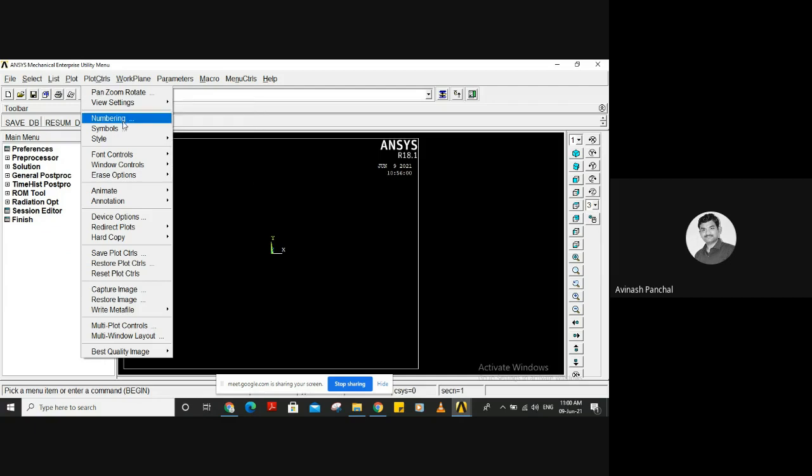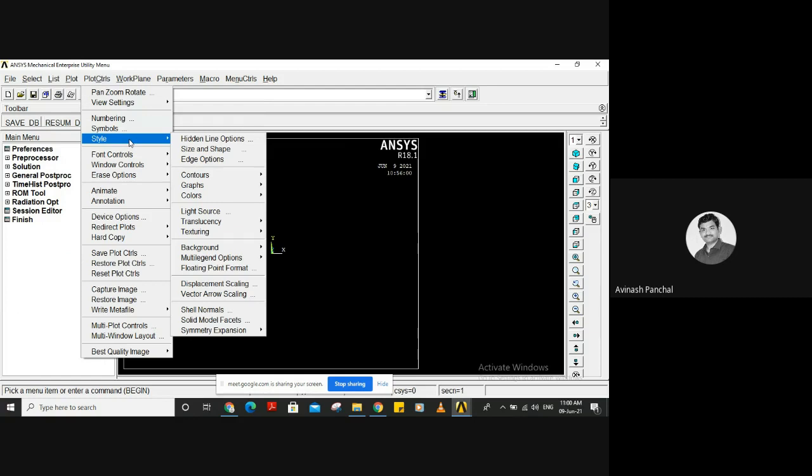Then numbering of nodes, symbols, styles. In style we can change the size and shape of the object. We can use it in one-dimensional or two-dimensional view, or you can give the cross section here, or you can hide or show from this option.